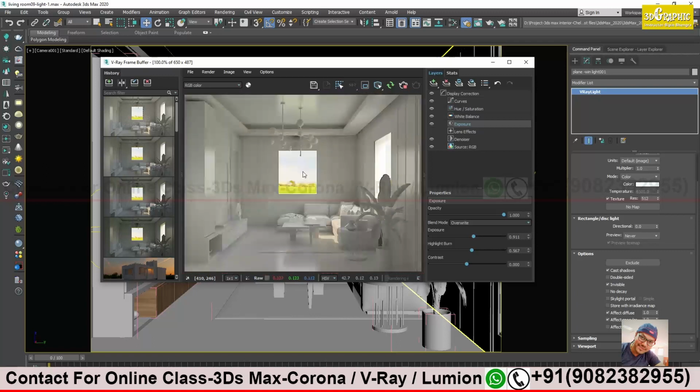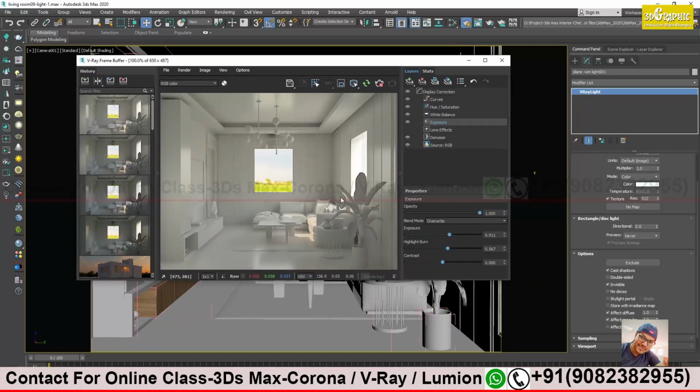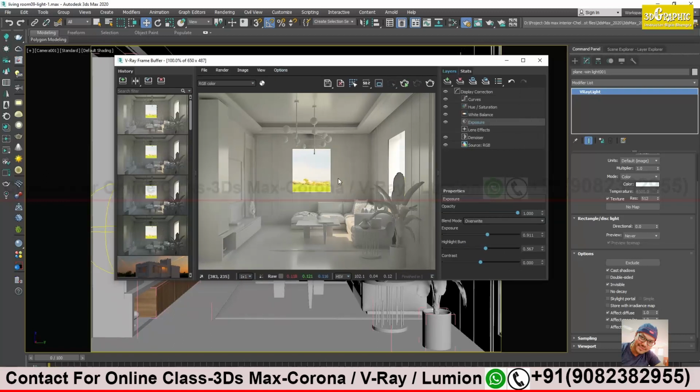Alright? So I think I need to reduce the light intensity a little bit. But hold on a second, because in most cases I have seen, after using your textures, your scene will become a little darker. And because of the curtains also, the window glass will try to reduce the exposure, and the darker color will try to absorb the light. It happens in real life also, and it happens in your 3D also.